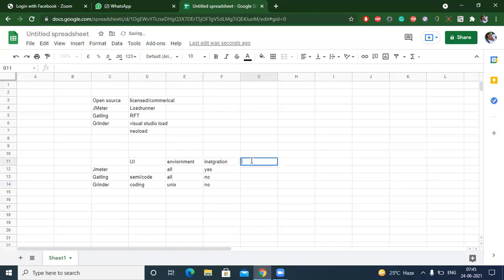Okay, then coding. If you want to write the code as well, JMeter makes it possible. Obviously, other tools are also there because they're completely based on JMeter code. So you can customize your code as in JMeter. If you don't want to use the existing components, you can write code and do brand new code. Okay. And languages. What languages can you use? In JMeter, it supports Java, JavaScript, Bean Shell, Groovy.